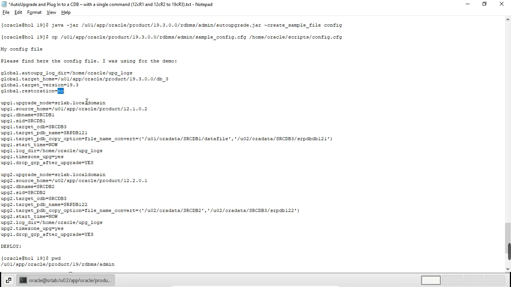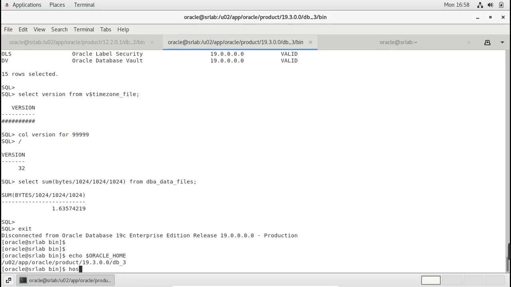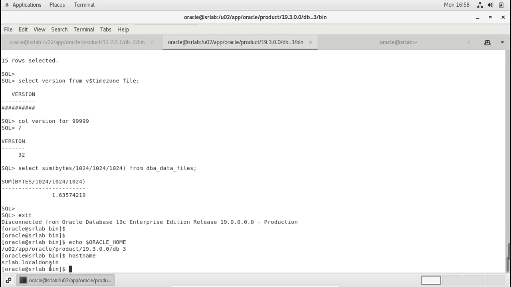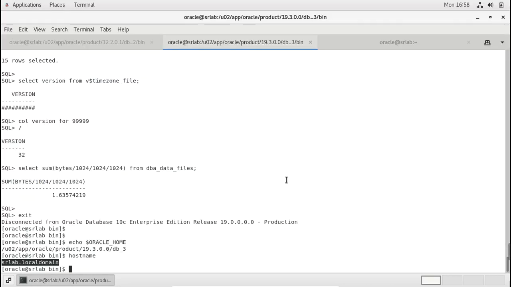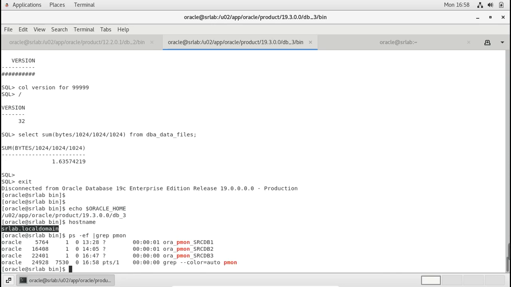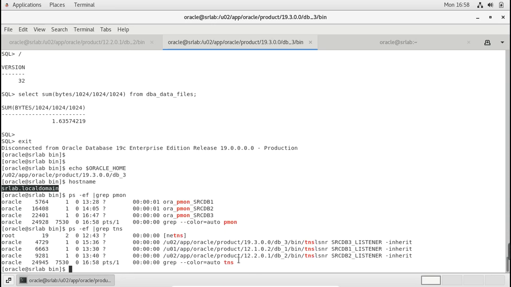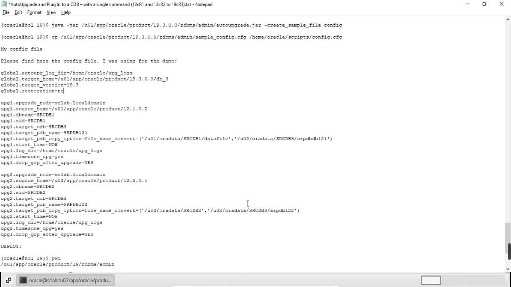So we can give yes also if so, consider. And here the upgrade node host name, sr_local domain, and the source home. The source home is srcdb1, the 12.1 db1.